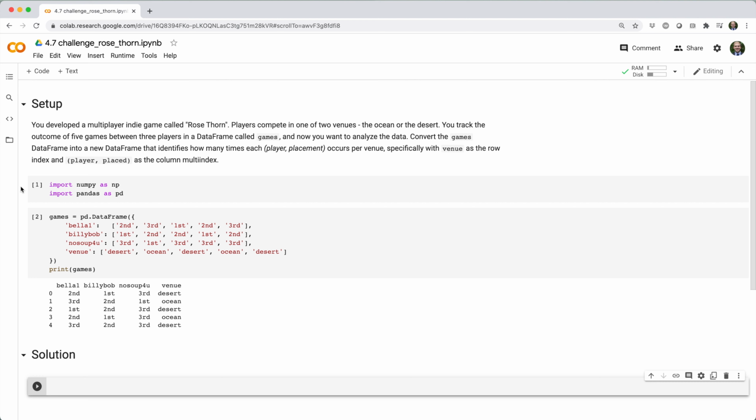You developed a multiplayer indie game called Thorn. Players compete in one of two venues, the ocean or the desert. You track the outcome of 5 games between 3 players in a data frame called Games, and now you want